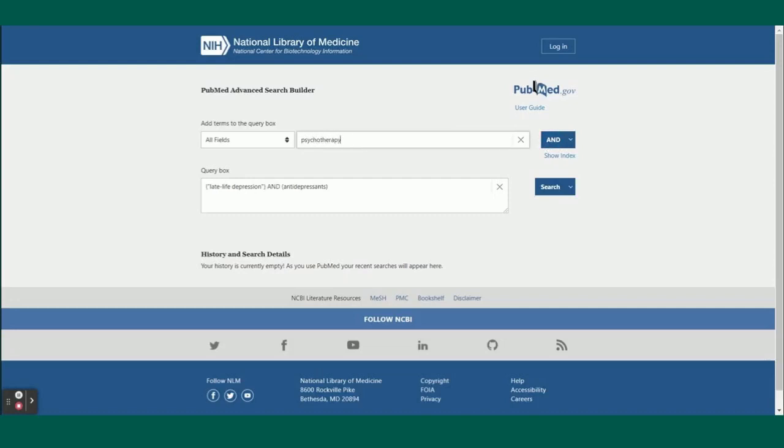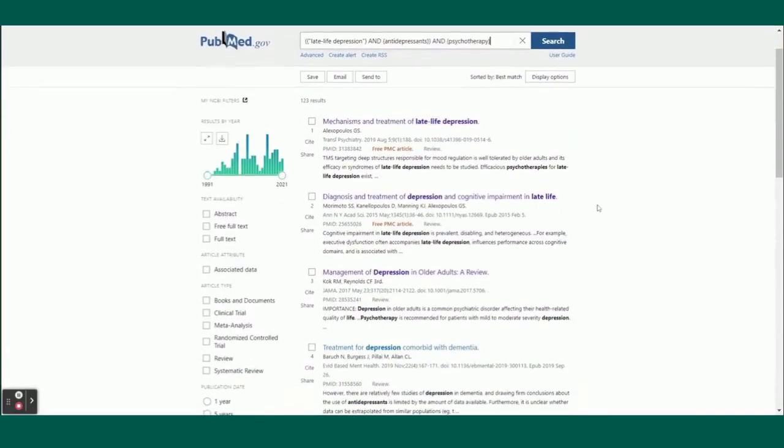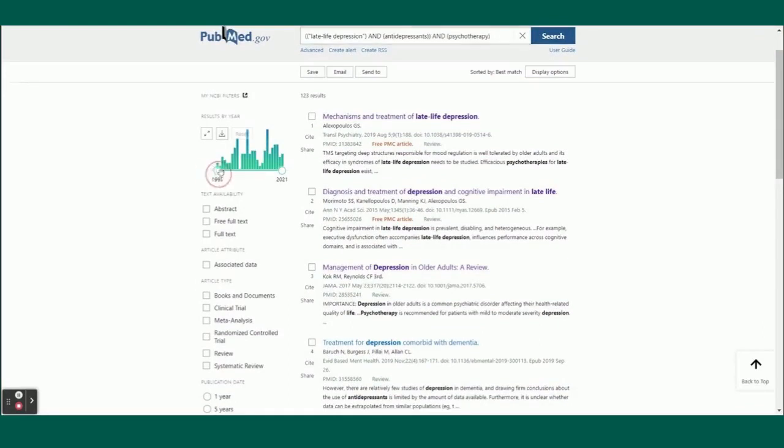This leads us to a results page. On this page, there are additional features and filters that can be added to better narrow in your results, including abstract, free full text, and full text. You can also limit by article type, geographic region, etc. Today, we'll use the date slider function to ensure we have results that are more recent. Now that we've engaged that function, we have some results to sort through.